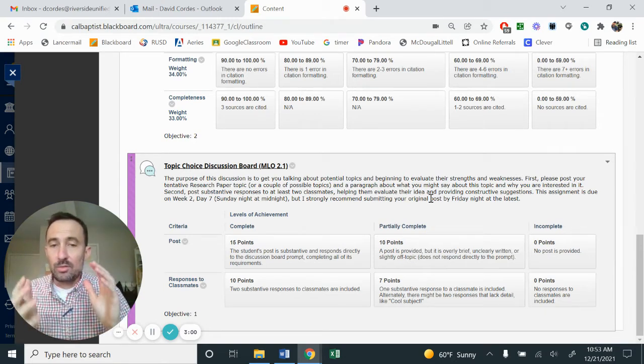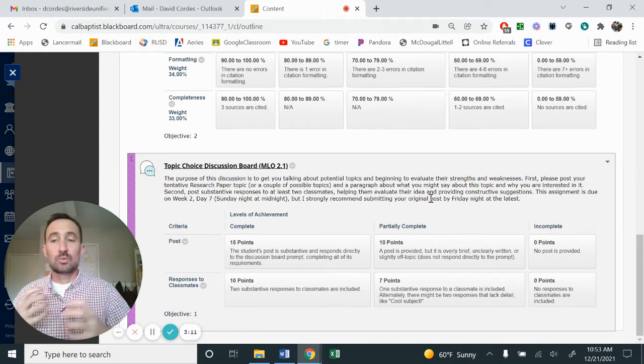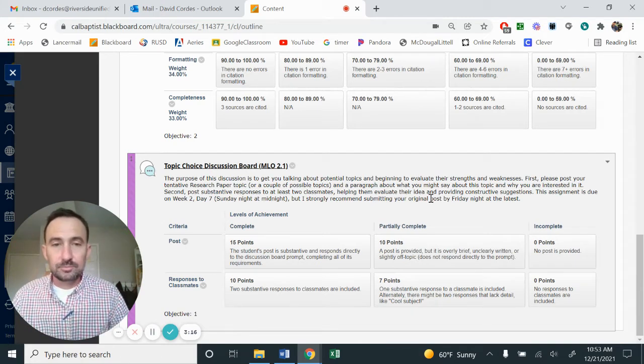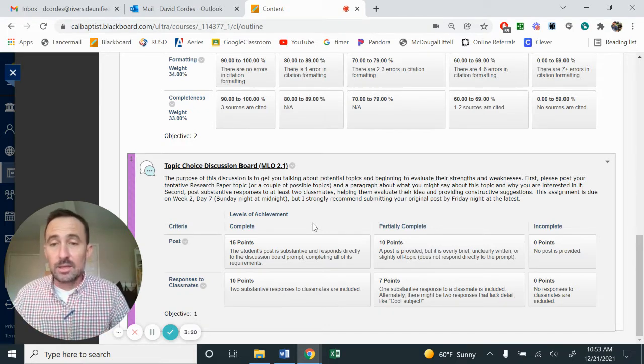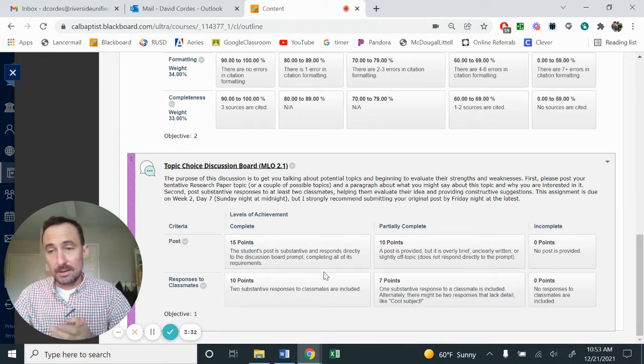You're going to post: this is what I have decided on, this is what I am going to move forward with, this is the academic conversation that I want to have a position on, and here's what I'm thinking about arguing and discussing. With that being said, you'll also be responding to classmates. So I would manage your time to get this in by Thursday or Friday so that you can respond to others over the weekend, on Saturday and Sunday.